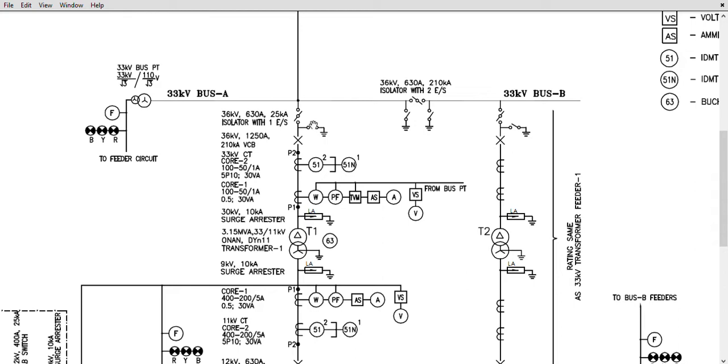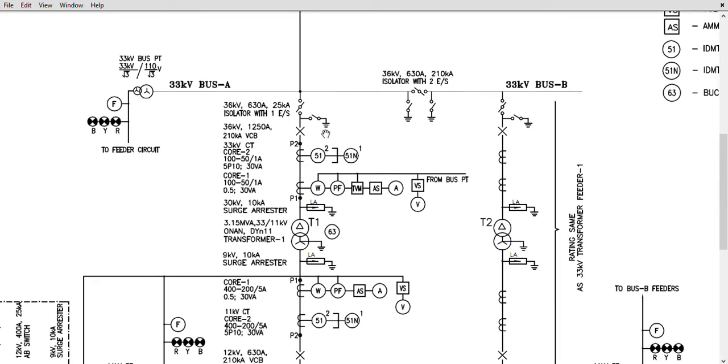So we can just discharge those circulating currents to the ground with the help of this earth switch, which means whenever we open this isolator, we close this earth switch, so that way we can divert the circulating currents to the ground. Again, as I told you, isolator cannot be operated